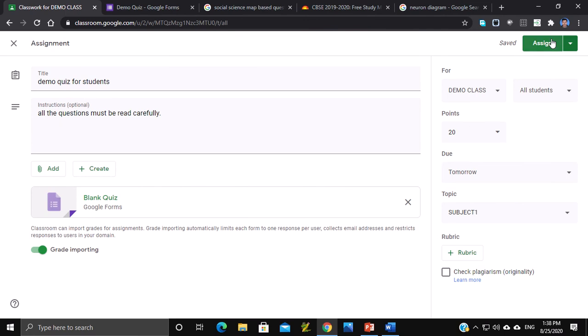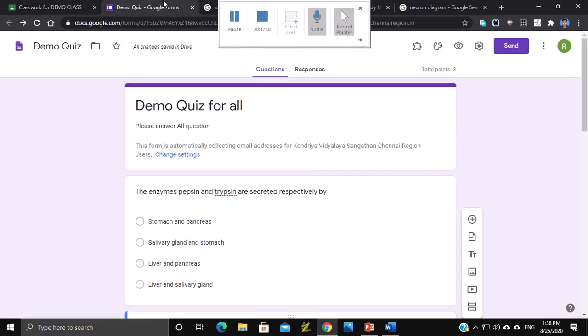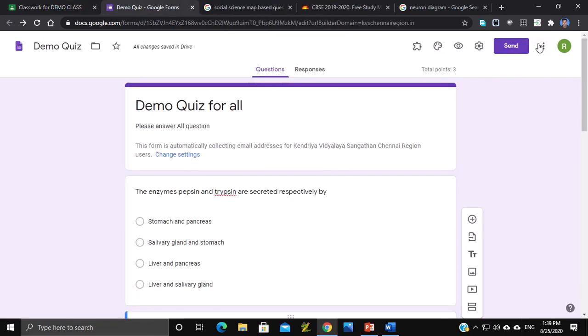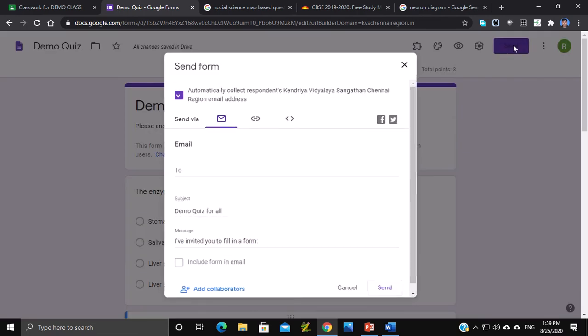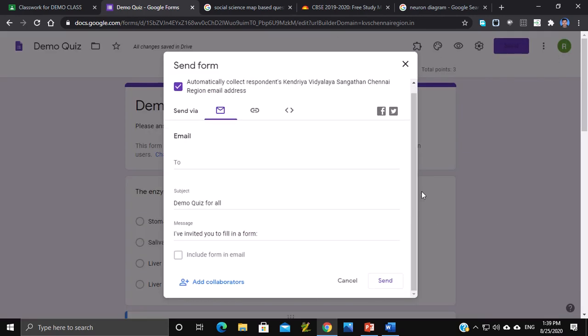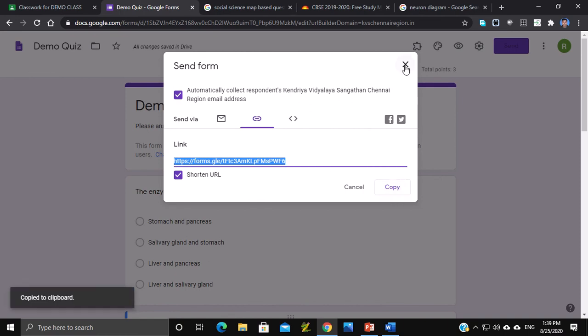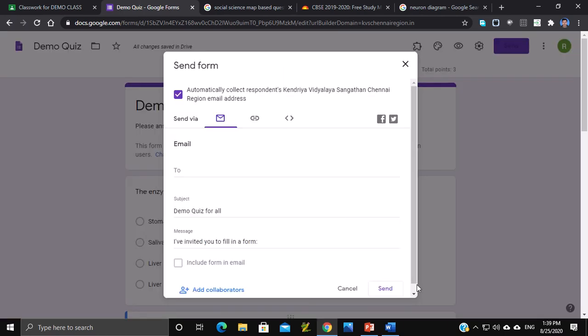And after we are done, we have to assign. This is already saved, so we need not do anything. We'll just click on the send button and copy the link. And it is sent.